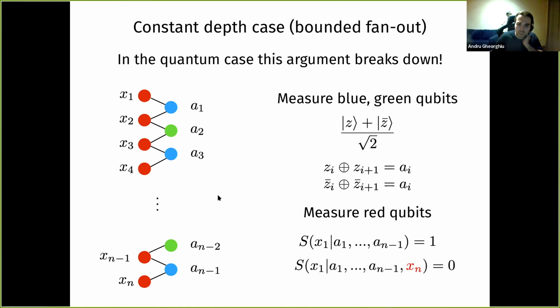So what this means is that in the quantum case, unlike the classical case, we can't reduce these conditional dependencies to constant size, because you might have dependencies on things that are outside of the light cone that could affect your entropy. And this is a result of the non-local correlations that can happen in the quantum case when you entangle states in this way. So this only shows that the previous argument doesn't hold for the quantum case. It doesn't actually prove hardness of estimating entropy in the quantum case. And as I said, we had an argument for that, but it turned out to be flawed.